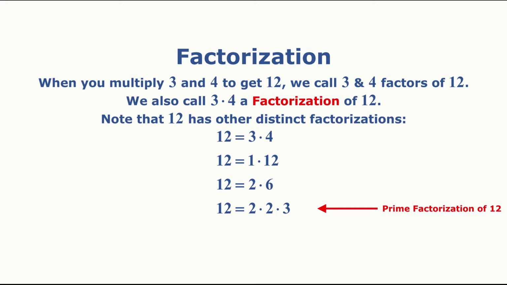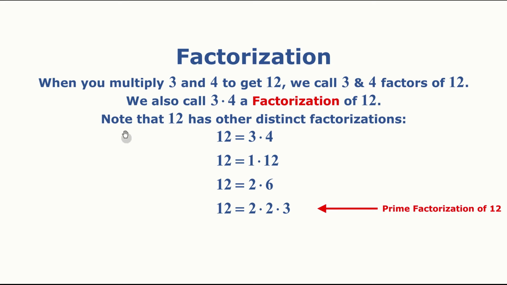Next, we're going to look at the concept of factorization. When, for example, we multiply 3 and 4 to get 12, we call both 3 and 4 factors of 12, right? Because of how we defined factor earlier. If a number goes into another number, we say it's a factor of that number. We also call 3 times 4 a factorization of 12. So each of these is a factor of 12, and because their product gives 12, we say this is a